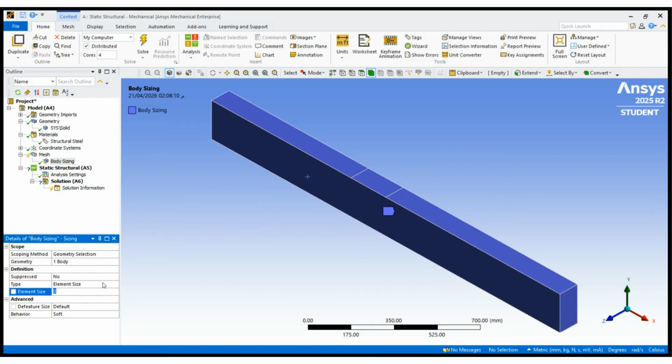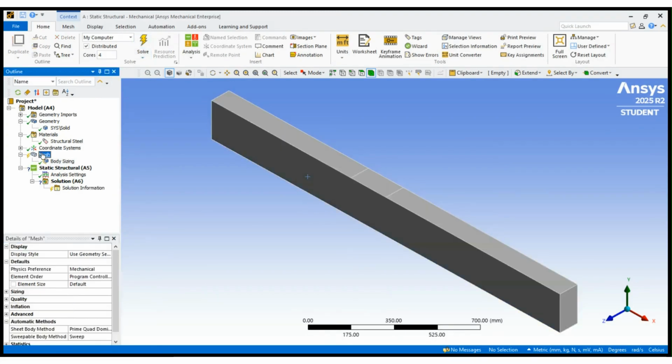We put, for example, 50 millimeters for the element size, and now we click on Mesh and Generate Mesh.